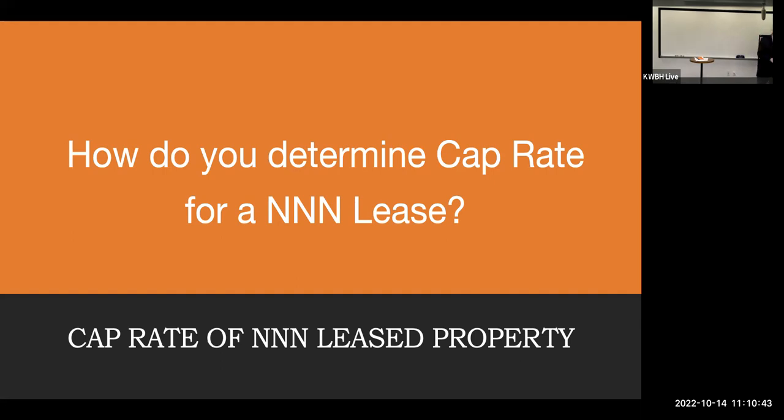Correct. That's how you determine the cap rate. But the question is, if you take the price of the property and divide it into the income, you're going to get a cap rate. Where do you get the price? So what you need to consider is that when you bring a triple net lease to market, you need to know where the cap rate is, because if you don't, you're not going to sell that property